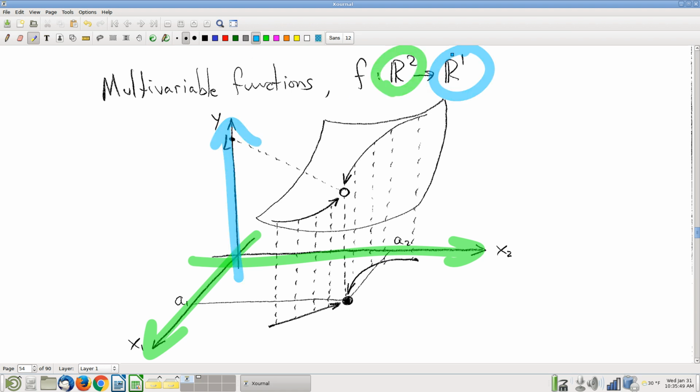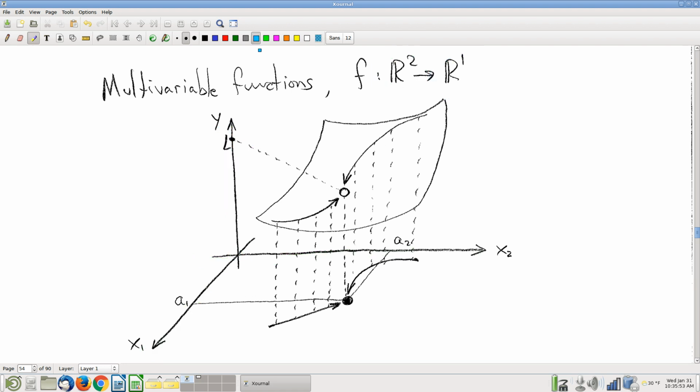So you can see we're looking at a graph. As we approach along one curve, the values of the function are approaching some value. And as you approach along a different curve, the values of the function are approaching, again, hopefully the same value, and no matter what path you approach along,